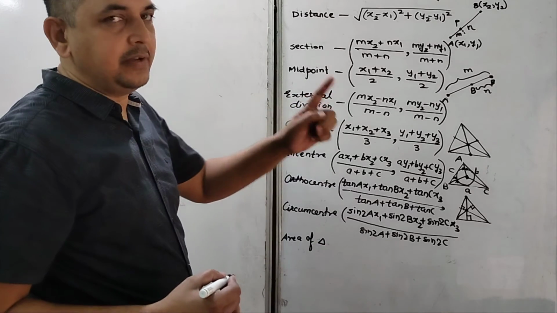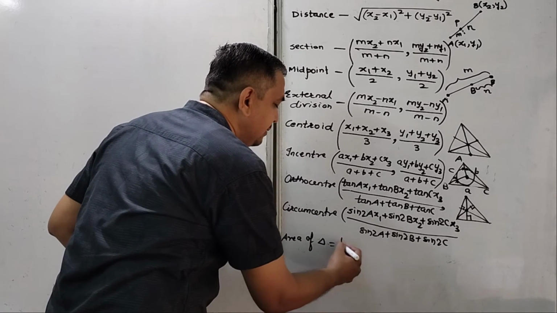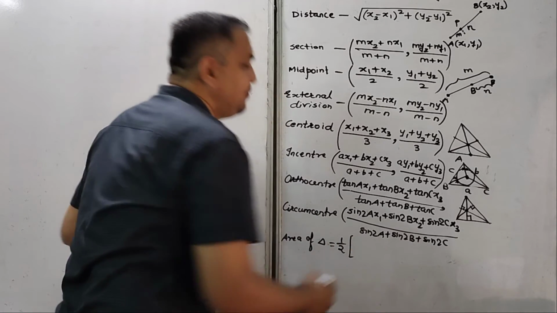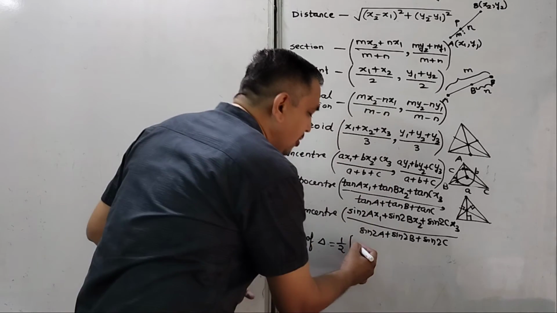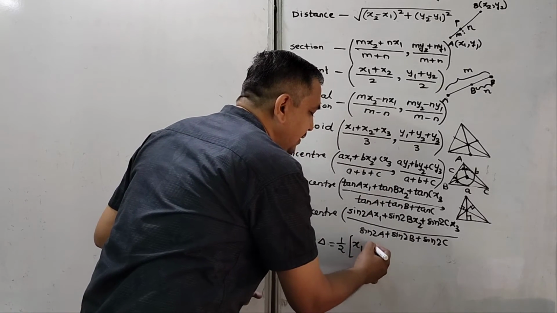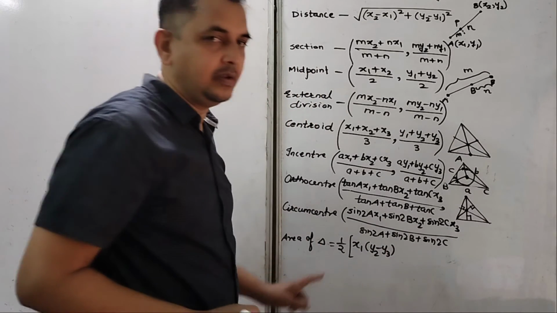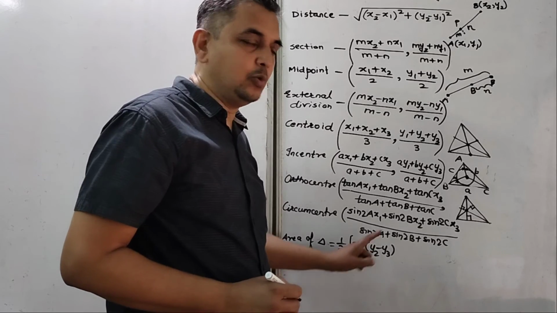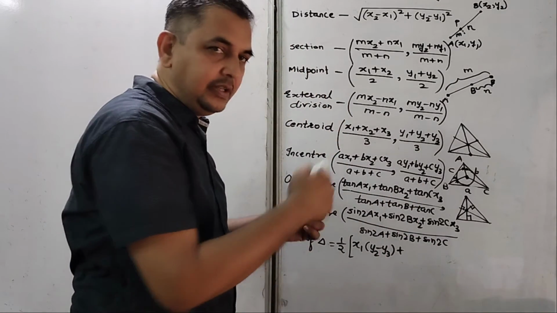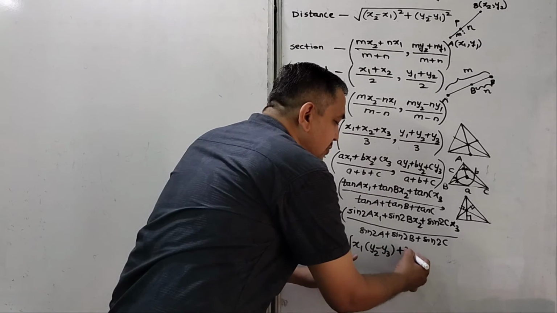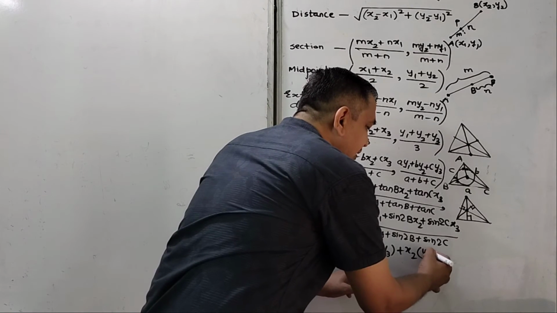If x1, y1, x2, y2, x3, y3 are three vertices, then the area is given by half. Now, very easy to remember, we need to go in a cyclic order. x1 bracket y2 minus y3. What will be the next step? Plus. We increase one value. x1 changes to x2. y2 goes ahead with y3.